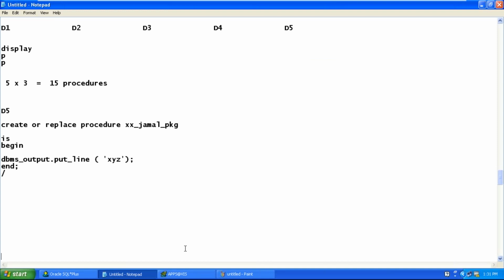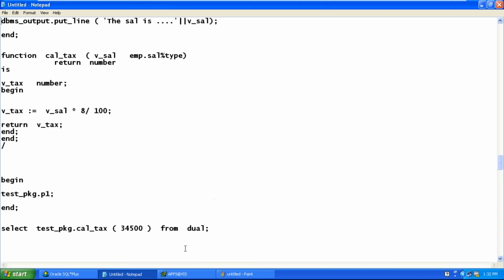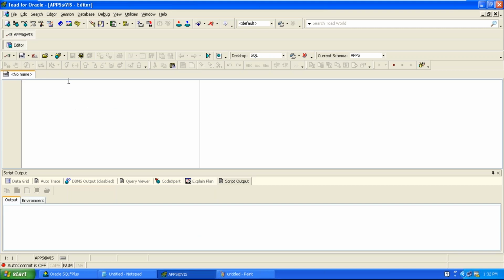So the grouping of procedures is called a package. How do you invoke a procedure? The syntax remains the same; only you should prefix the package name, then dot, then the procedure. How do you see the list of all the packages? Go to the schema browser.